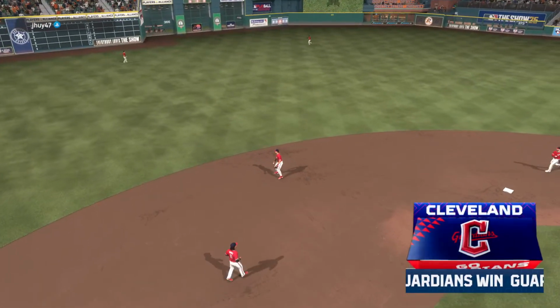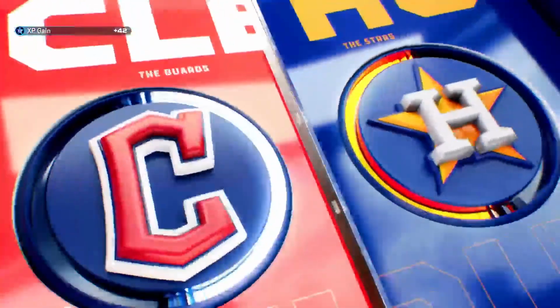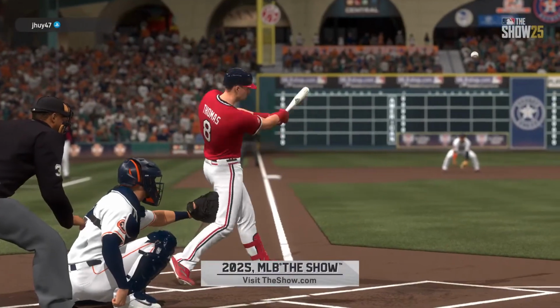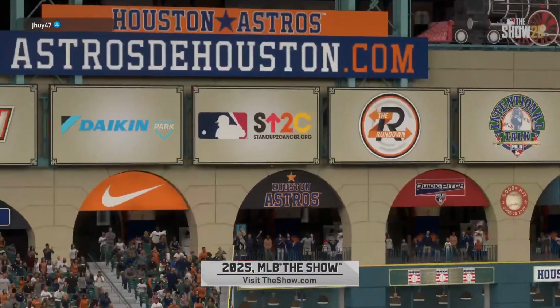And that'll do it. The Guardians take this one in a blowout. And this one finishes with a final of 8-1. For Chris Singleton and our entire outstanding